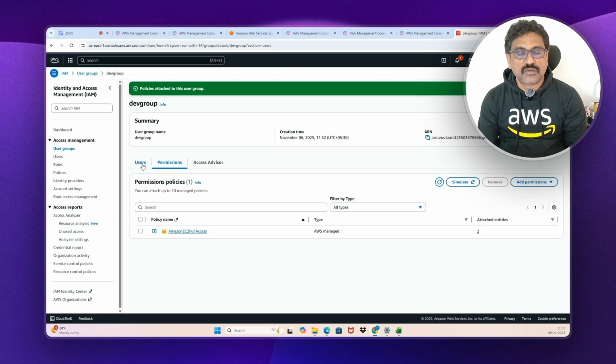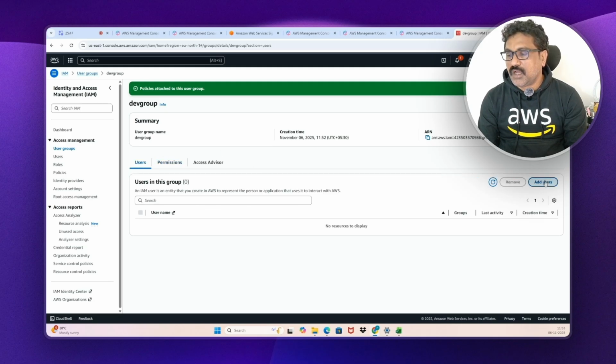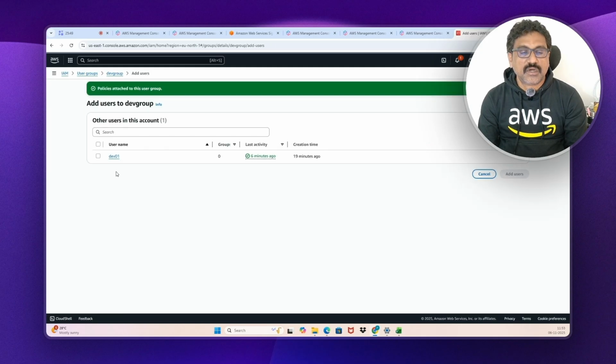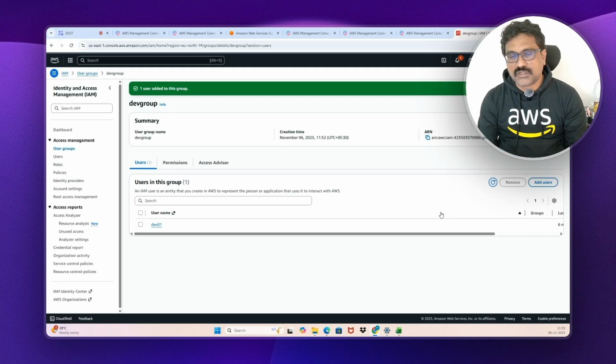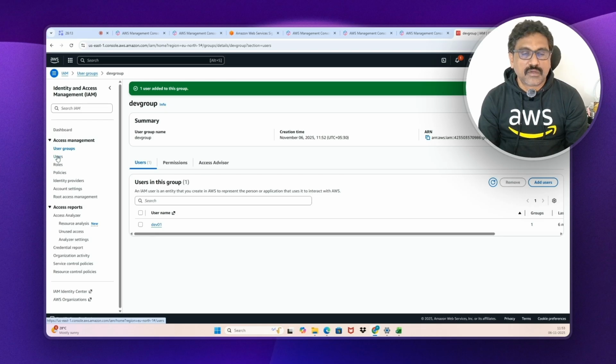Okay, fine. Just go to users and add users. Here, dev1 is there already. Dev1 user already has EC2 access, but still you can add a user. Fine. Now, let's assume that I got one more request from my manager to create a user ID for another developer. Now, how will I do it? See, go to users,